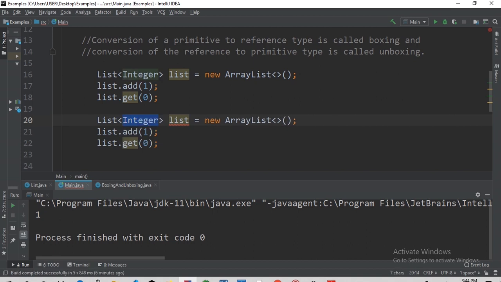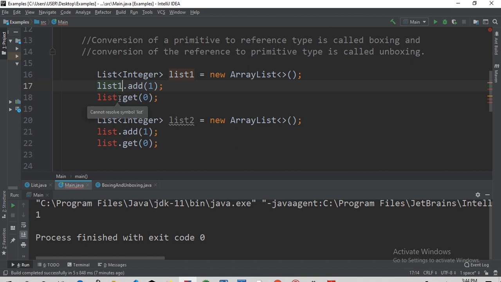We don't have problem with this, but here, and let me change list one, this one to list 2 and this one to list 1, and add some 1 so that to differ from one another. Sorry for this one too. Okay,